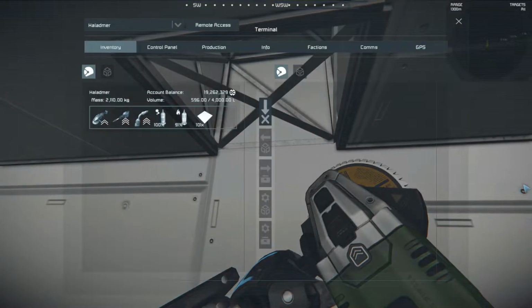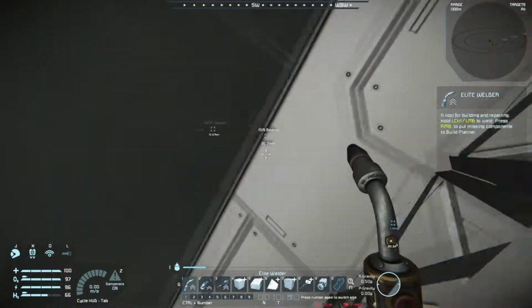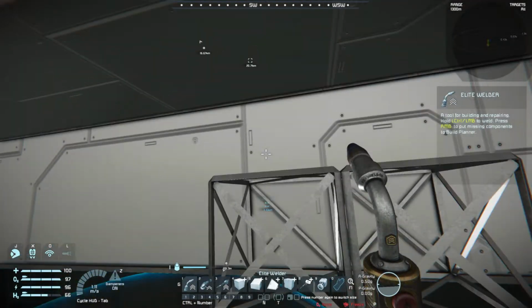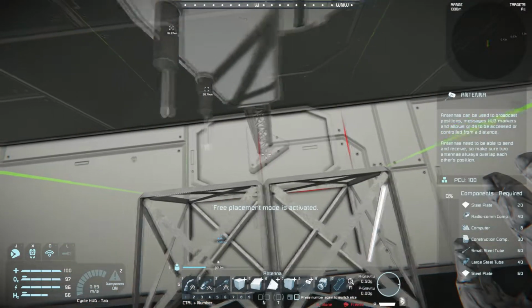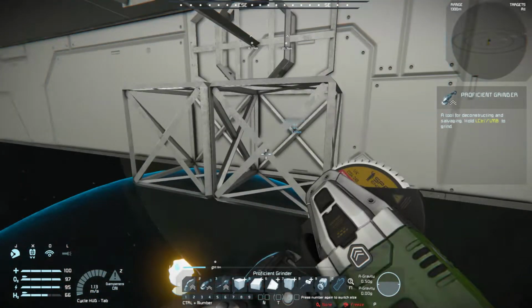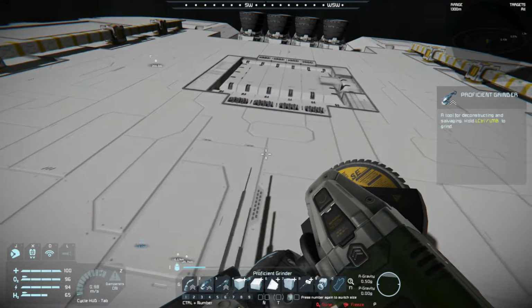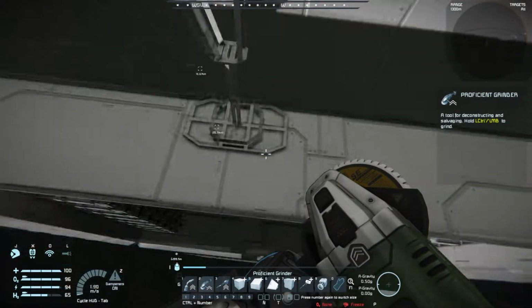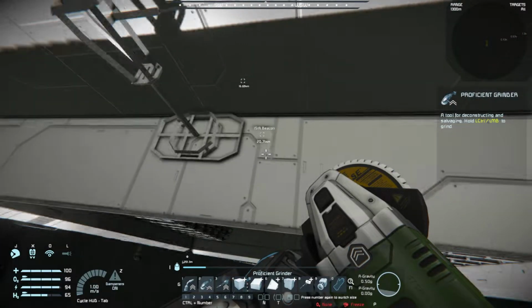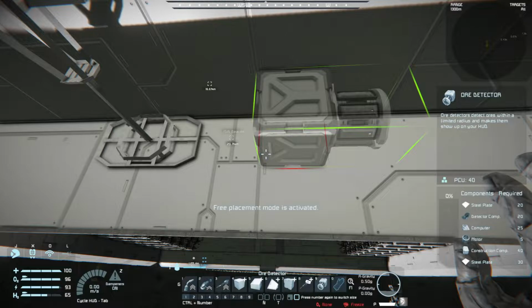How many plates do I have? Oh, I have enough. Okay. I'll load you up. So I'm thinking we do an antenna in here, and we use that to mark the center line of the ship. Right? And then what we can do on one side of it is